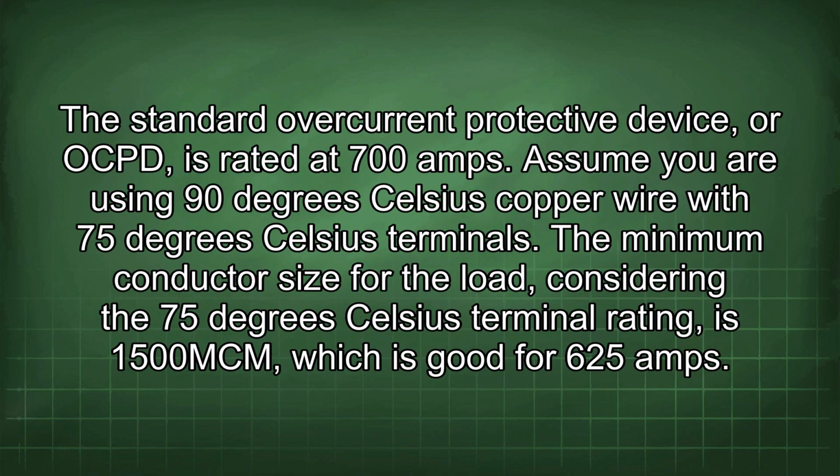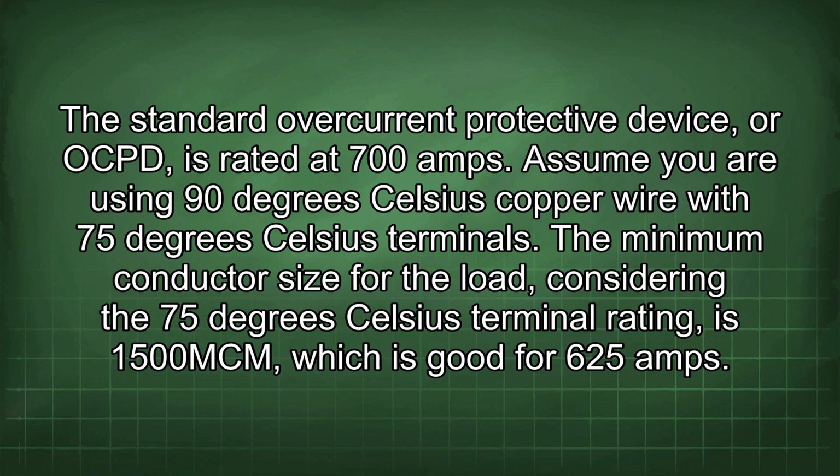The standard overcurrent protective device, or OCPD, is rated at 700 amps. Assume you are using 90 degrees Celsius copper wire with 75 degrees Celsius terminals. The minimum conductor size for the load, considering the 75 degrees Celsius terminal rating, is 1500 mcm, which is good